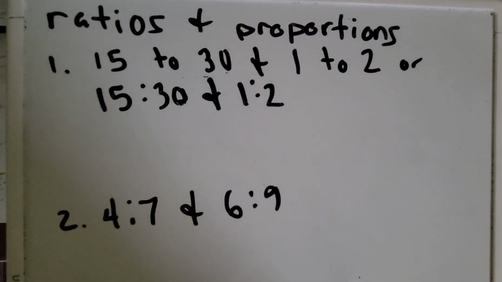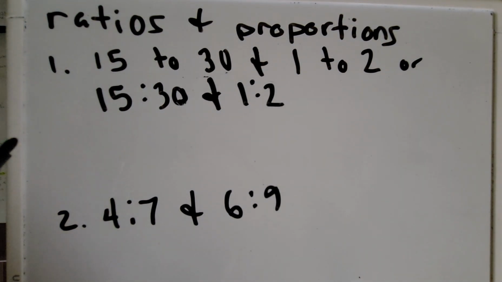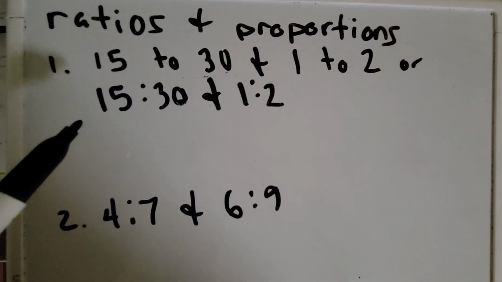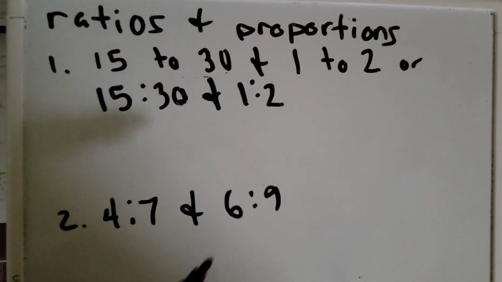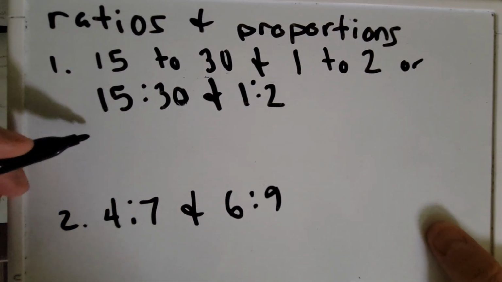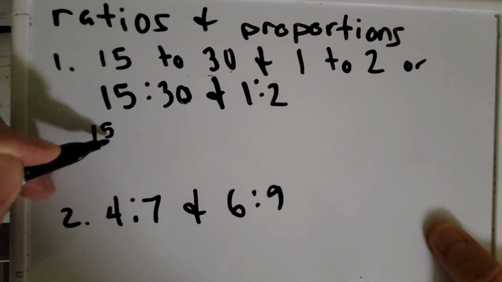This is ASVAB. Today we're going to be covering ratios and proportions, right? I'm going to be going over ratio and proportions when I'm showing whether it's proportional or whether it's not proportional. We have two examples. So as you can see in question one, this is typically how it'll look. It'll either say 50 to 30 and 1 to 2, or it'll look like this: 50, 30, and 1 to 2, right? Now what that's going to look like in fraction form, I guess you could say, is 15 over